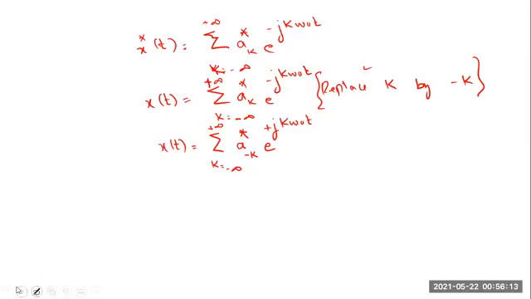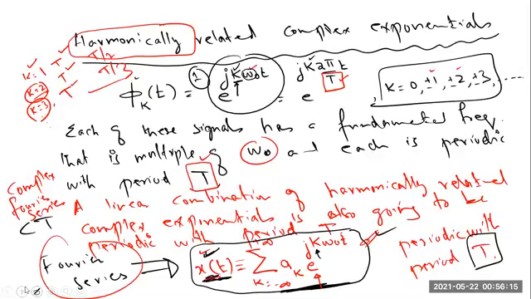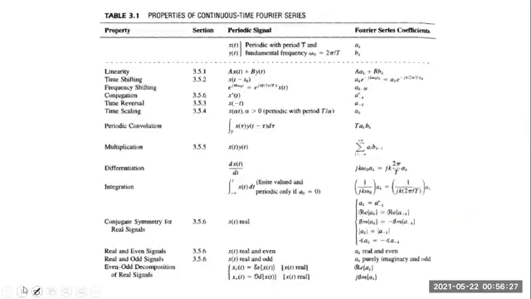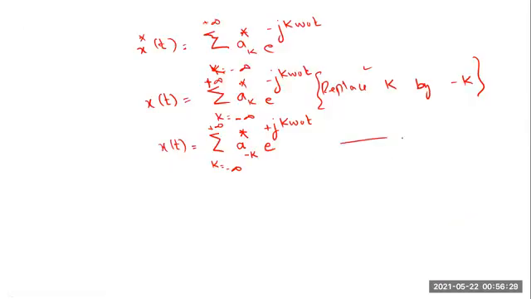Now, another thing that you can notice over here is, yes, this one. This is x of t, okay? And we get the expression of x of t like this, and we have ak over here. If you compare this equation, let me call it equation 1, with equation number 2, you can see the only thing that is different is this thing. So if x of t is equal to this thing as well as x of t is equal to the previous thing, it is only possible if